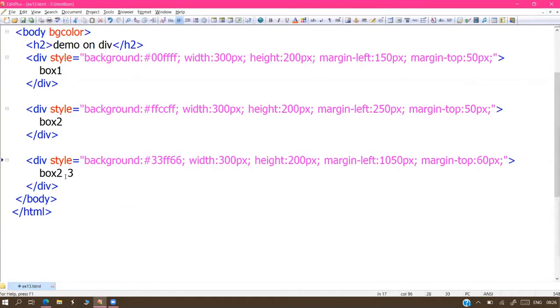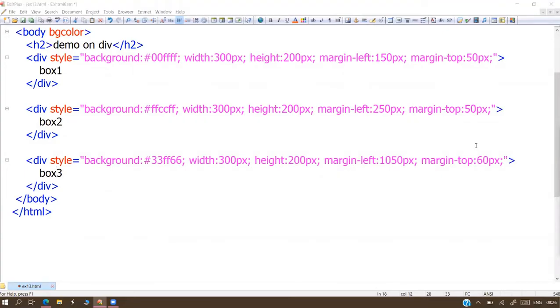So, moral of the story: any HTML component we can adjust the position by using the margins. By default, they are placed as per the internal instructions. Generally, left alignment is going on. Instead of that, we can decide the position and place the components in particular locations with the support of margins.